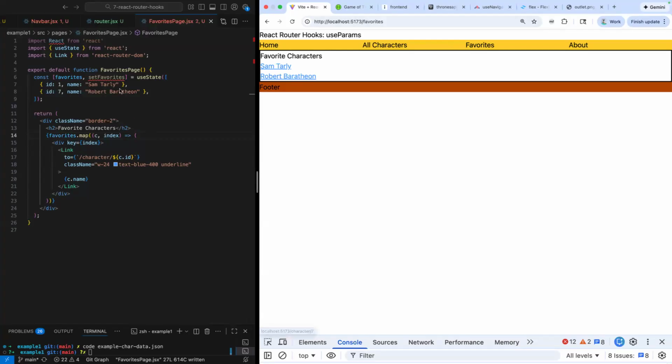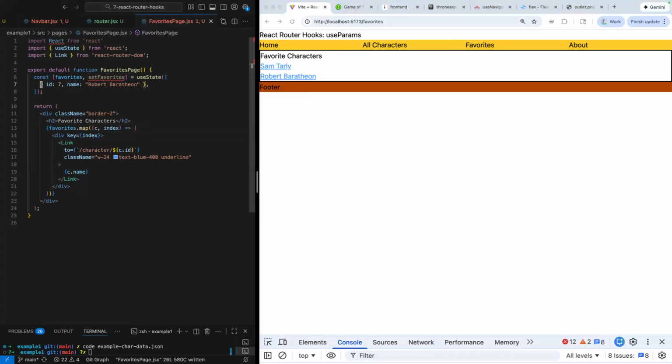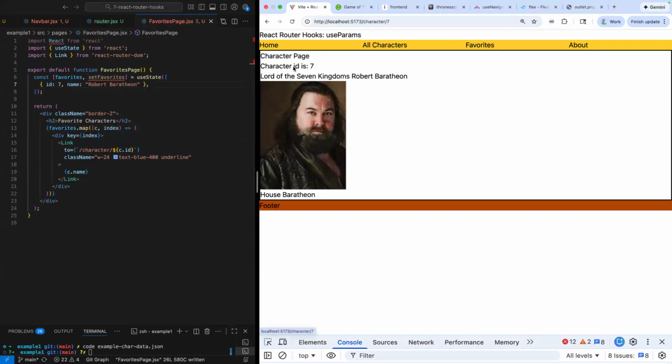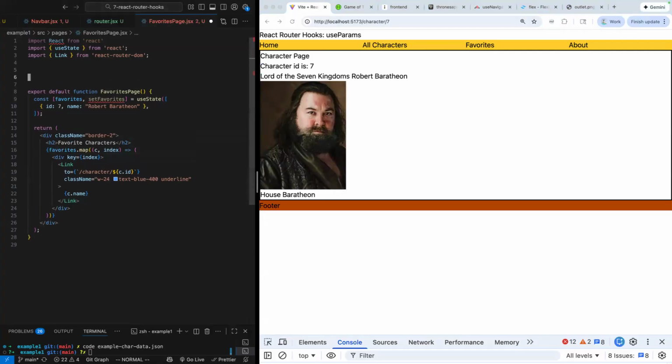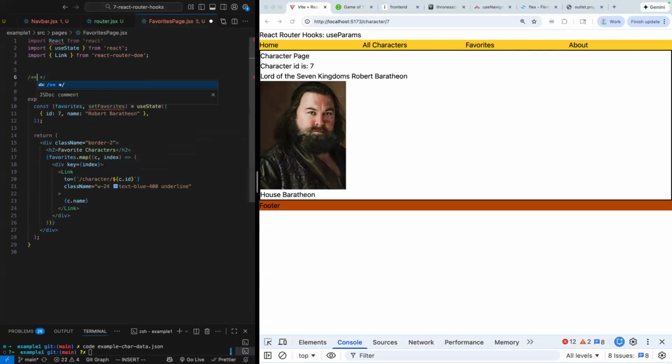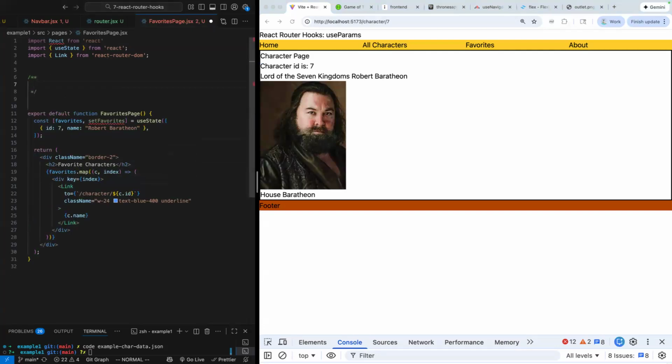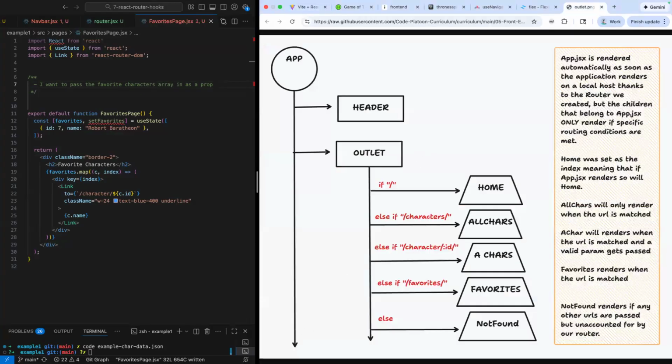Now if I go to my app, I can have some favorite characters, and maybe I only want one, just so I can see that there's a difference. But this is hard-coded, and this is not what I want. What I really want to be able to accomplish is to pass the favorite characters array in as a prop. So what I'm going to need to do to accomplish that is somehow